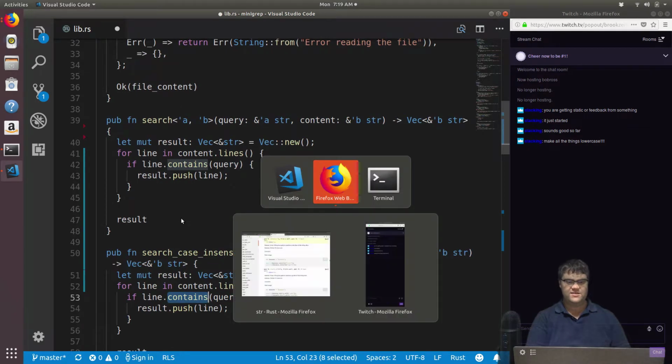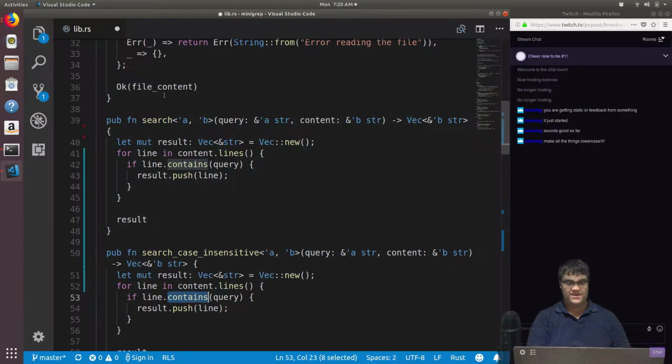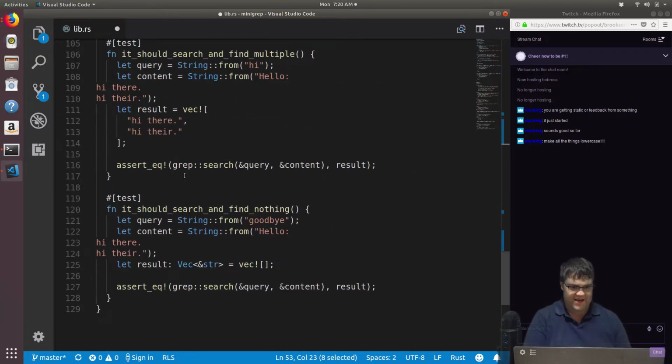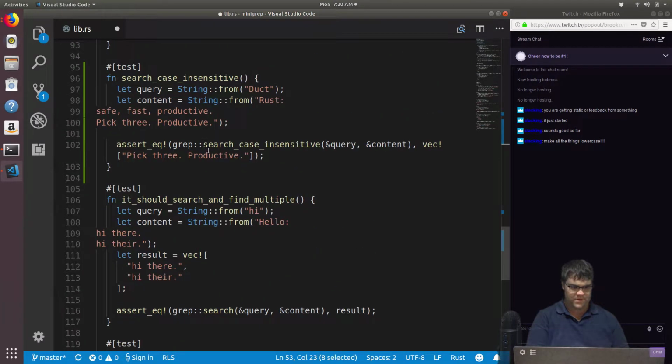I noticed that in their test here, they added in duct tape right here to basically check their original search function too. Let's go ahead and add that in as well. So here's, it should search and find multiple. And this one right here, we can now add, okay, hello, hi there,